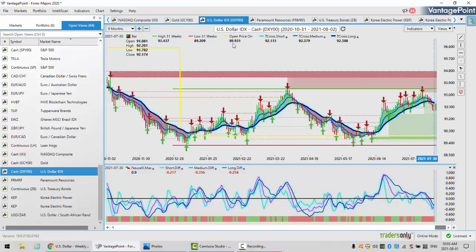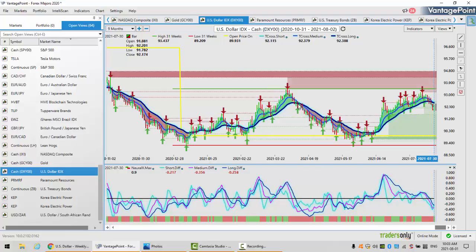Now, these are very important numbers because they do provide market structure. So when we look at this, we can see that the dollar made its yearly low and its yearly high basically in the first quarter, and then it's just been kind of wandering back and forth ever since, not making any new highs, but not making any new lows either. So when we look at the structure of this, it shows us a channel that the dollar is running in